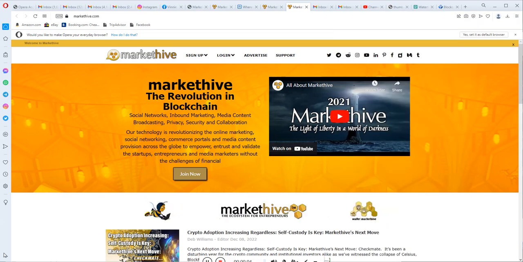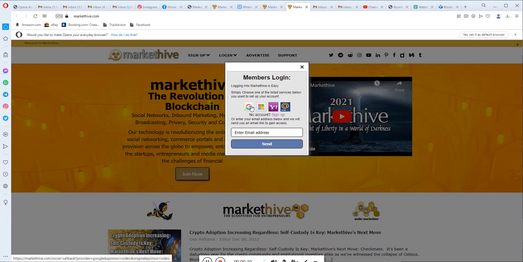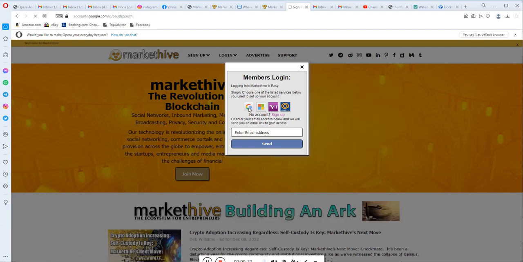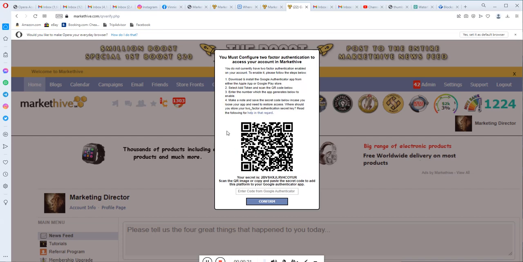And I'm going to start out like I'm brand new, no 2FA, and I'm going to log in. Okay. So I'm going to log in with one of my alternative accounts, Thomas R. Prendergast. Okay. This QR code is what hooks your account to the Google